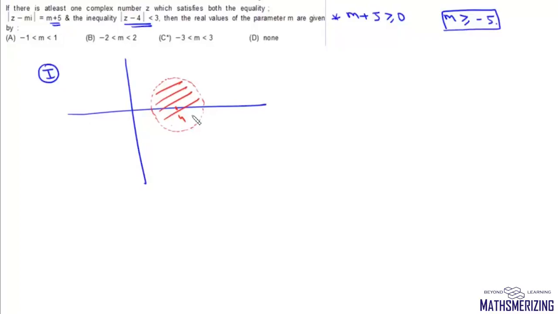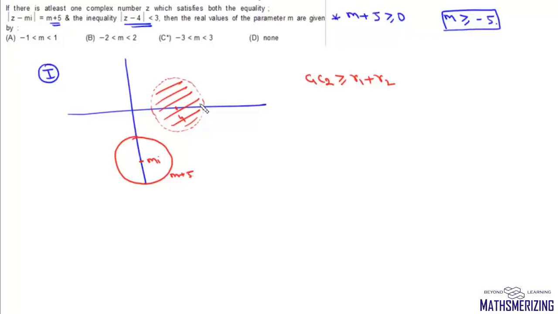So we are talking about all the points inside this circle and then this other circle whose center is at m iota and whose radius is m plus 5. Now there will be no solution when C1C2 is greater than or equal to R1 plus R2. And I'm taking this equality sign here because points on this other circle are not included.